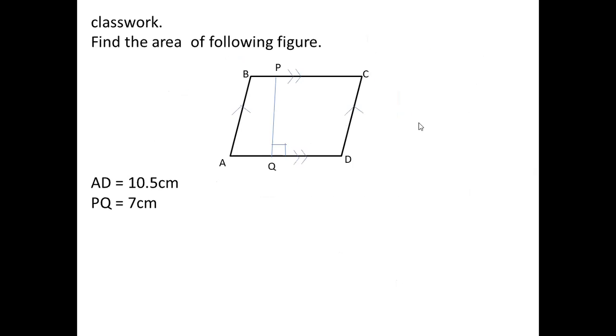Here is given the example. Look here, how to find out the area of this given parallelogram. Here base AD is 15.5 centimeter, height PQ is 7 centimeter. When you find the area of this parallelogram,